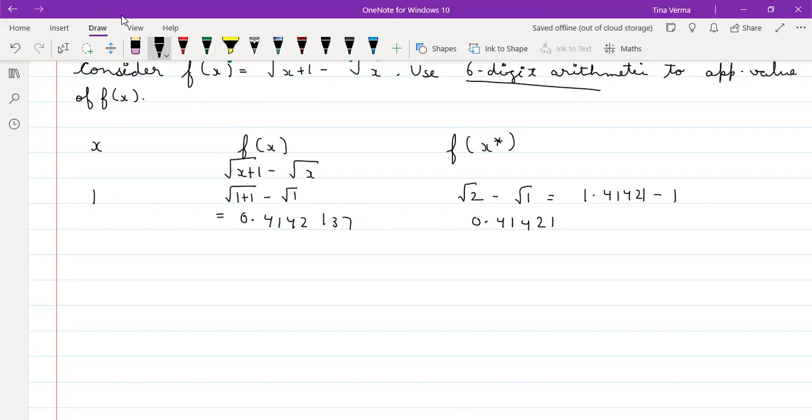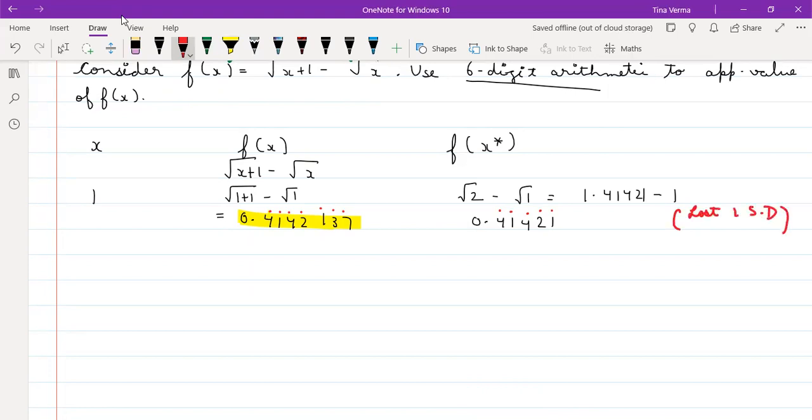0.41421. Now you can see from here, when you have written this number, how many significant digits are there? 1, 2, 3, 4, 5, 6, 7. There you have 7 significant digits. And you evaluated only for x = 1, so how many total significant digits will you have? 5. That means you have lost your